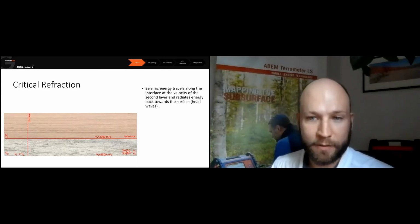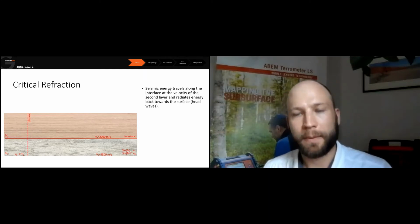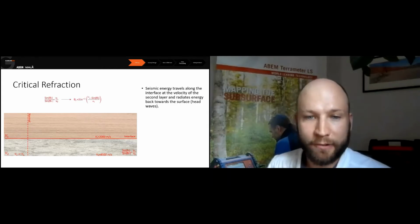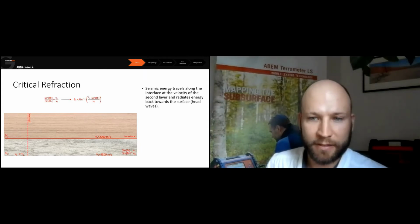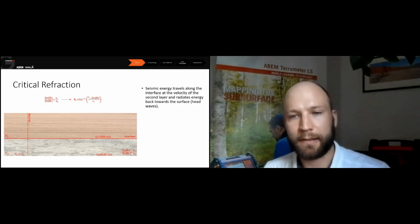They are these waves that we detect using receiver arrays at the surface and allow us to map the geology beneath us. So to help us to see how critical refraction works, let us rearrange Snell's law and solve it for our refracted angle so that we can examine what will happen to rays as we increase our angle of incidence. Let's take a subsurface with a layer 1 velocity of 2,000 meters per second and an underlying layer of